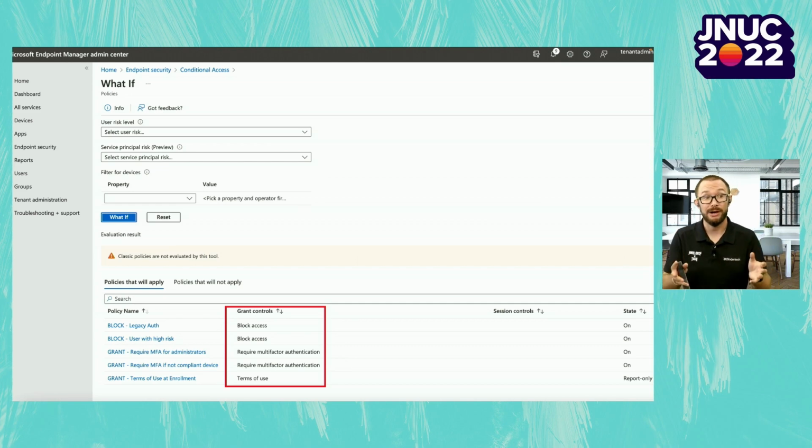The user would, however, not get more than one MFA prompt. So this is important to remember in your design work, and something that I often find organizations are doing overly complicated.